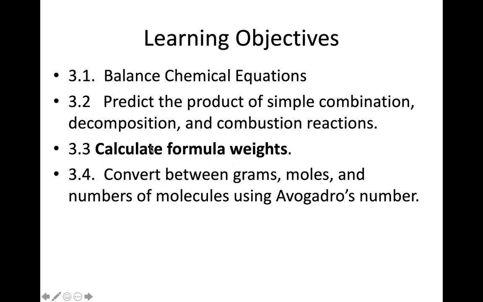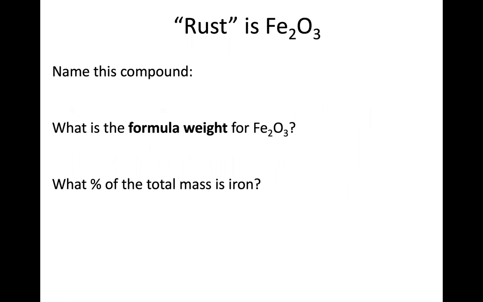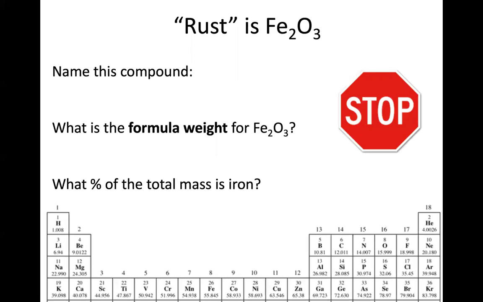First part is calculating the formula weight. This was a question that I had in Perusal and people did a really good job with. So I gave the formula here, Fe2O3. That's a common name for rust. What would be the name of it? What would be the formula weight? And how much of that is coming from the iron? So within this one, when I'm saying what's the name of it and the formula weight and the like, I would definitely be looking at the periodic table for this because I've got to look up information.